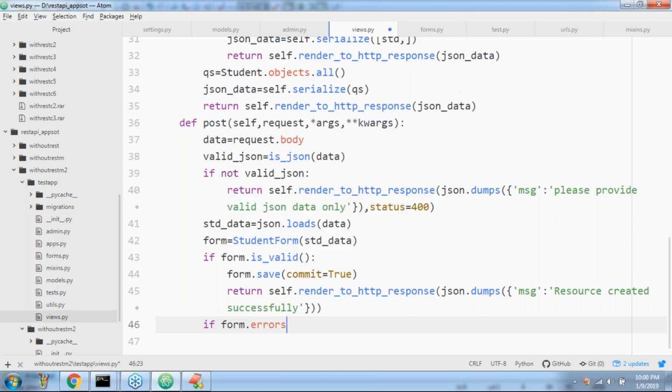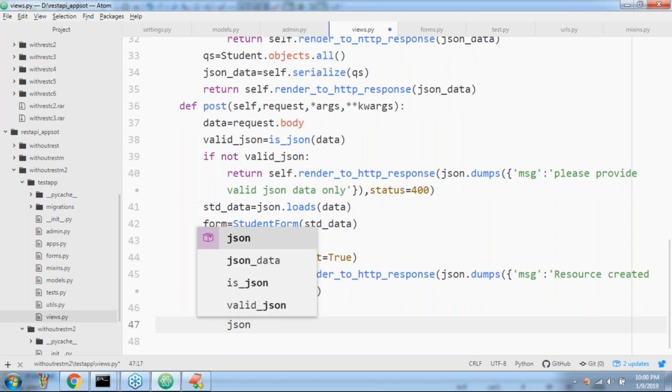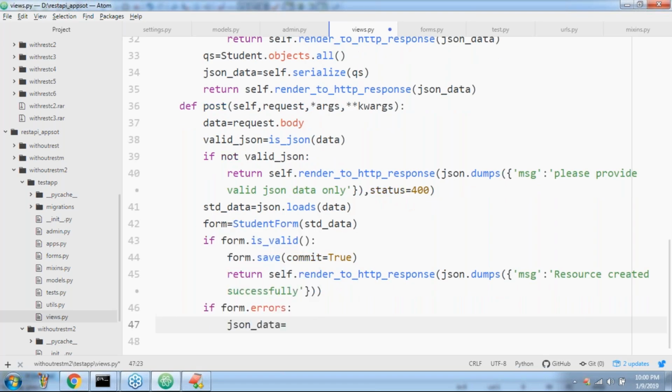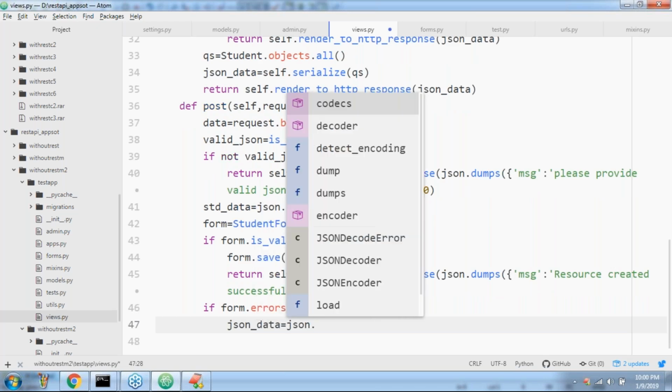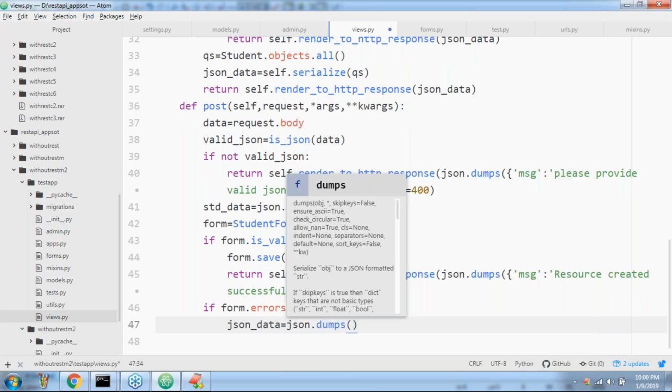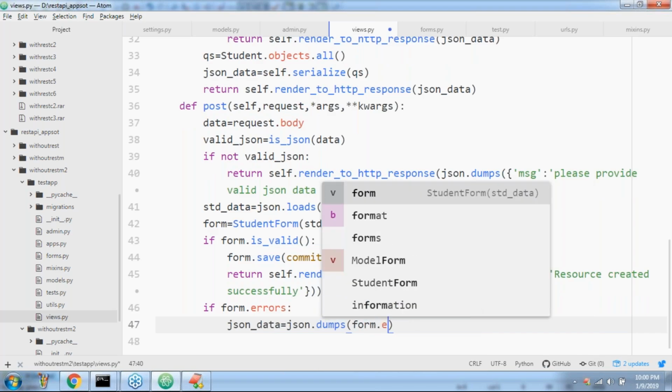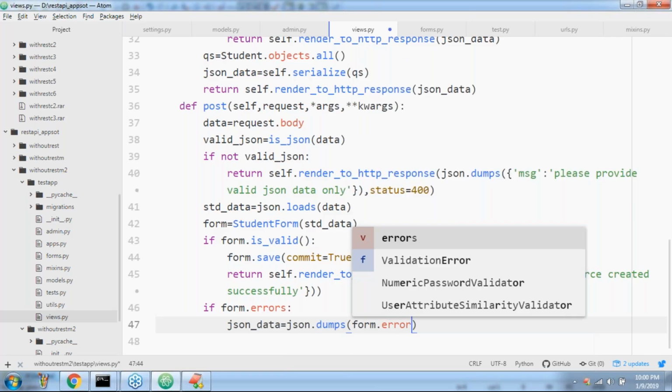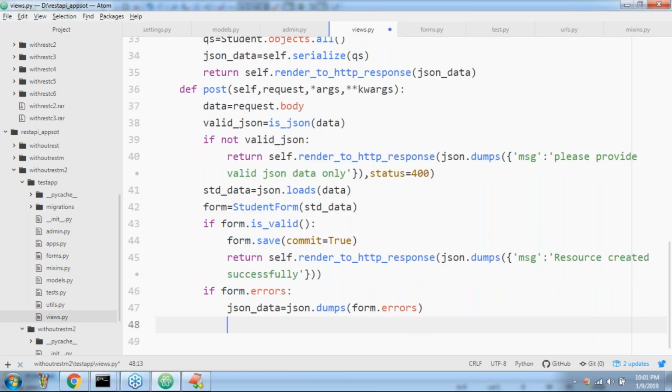If form.errors, JSON data is equal to json.dumps of form.errors.